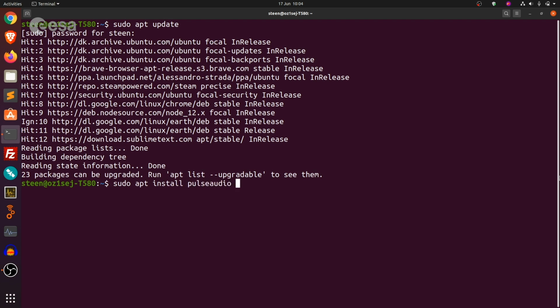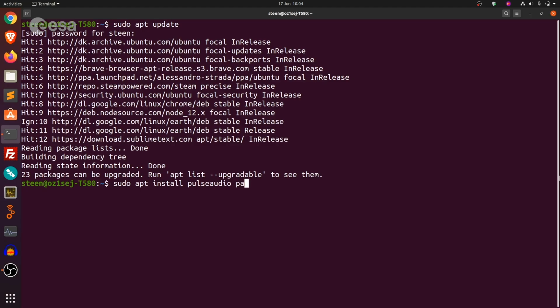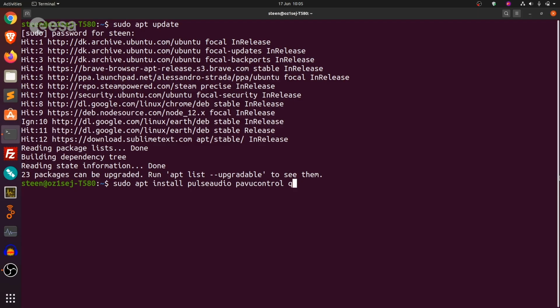We need Pulse Audio. You probably already have Pulse Audio. I think it's default in Ubuntu 20.04. And then you need a program called pavucontrol. It stands for Pulse Audio Volume Control, and it's a program we are going to use to make sure that the sound gets from your web browser and into the QSSTV program, which takes care of converting the audio to images. And then of course we need the program QSSTV.